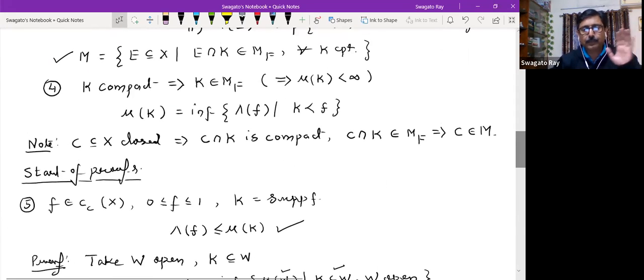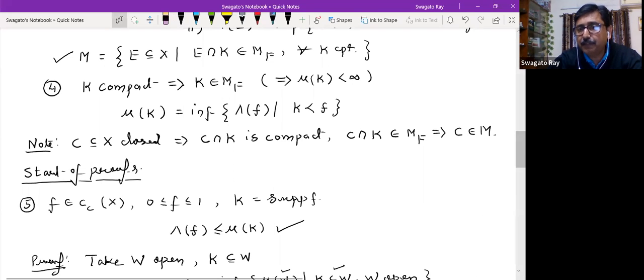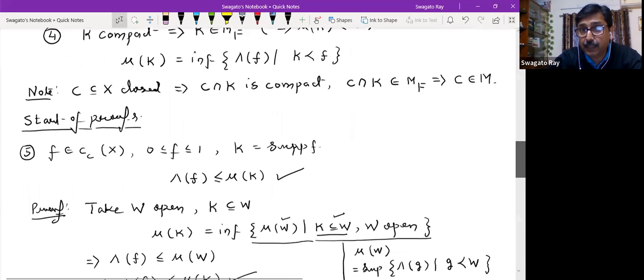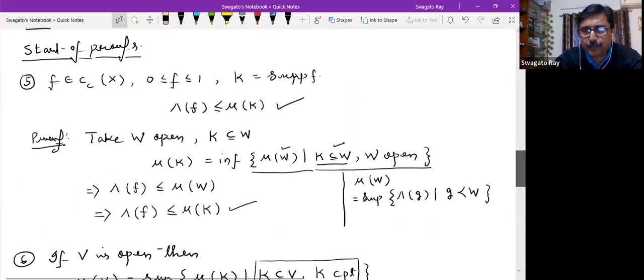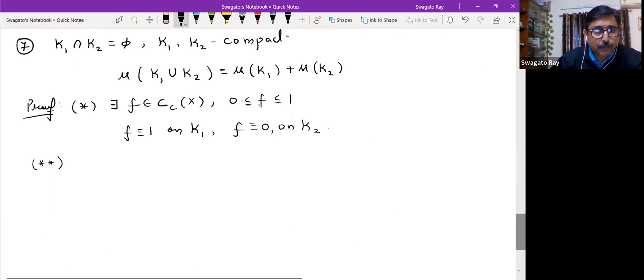4 is the last class, what was proved by Professor Srivastava. That measure of a set is the infimum of lambda f, where f is identically equal to 1 on that compact set. Now, the compact set where I'm going to apply this is K1 union K2, which is a compact set. So its measure is the infimum of such objects, lambda f's, where f is identically equal to 1 on K. So the fact here is that by 4,